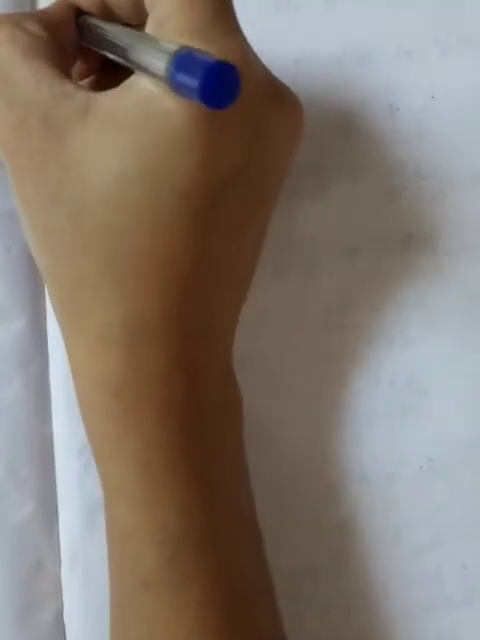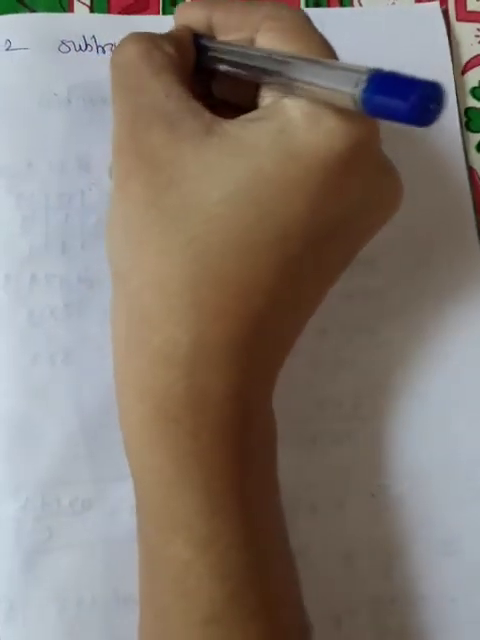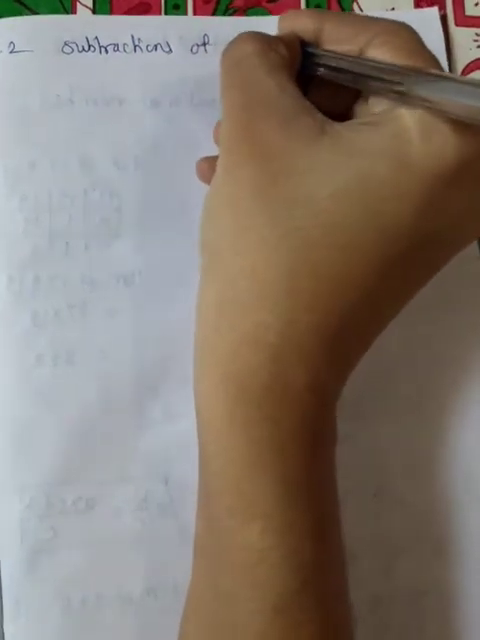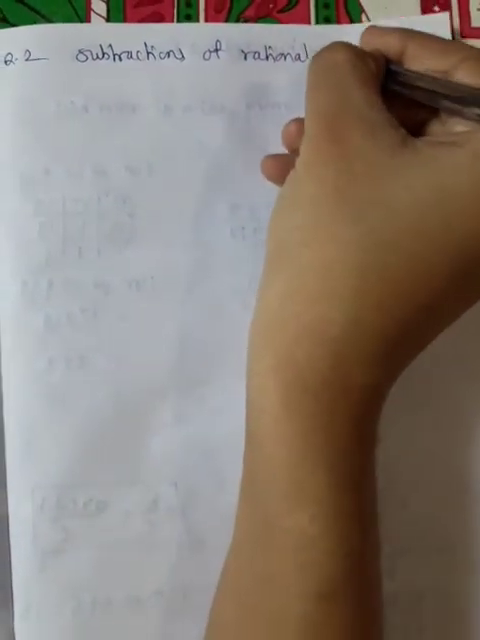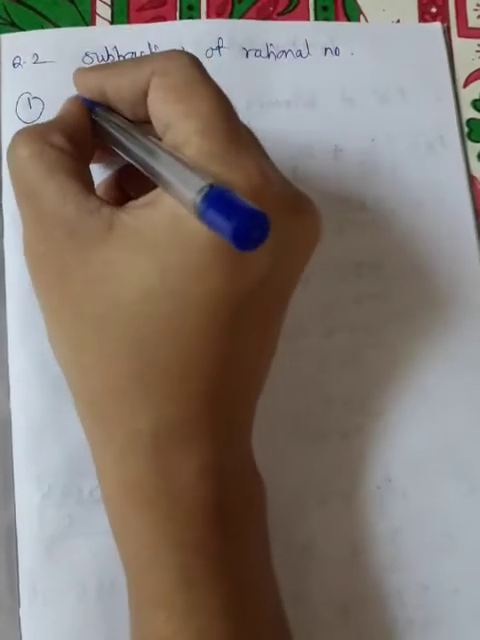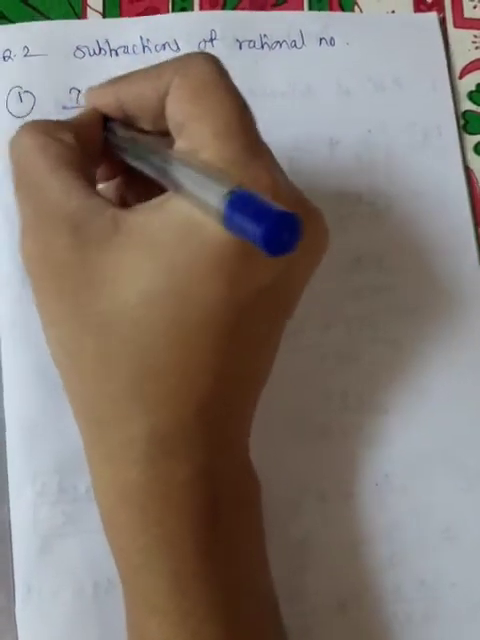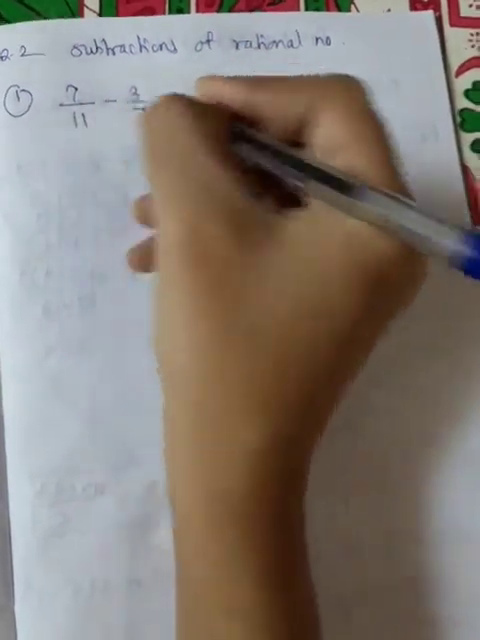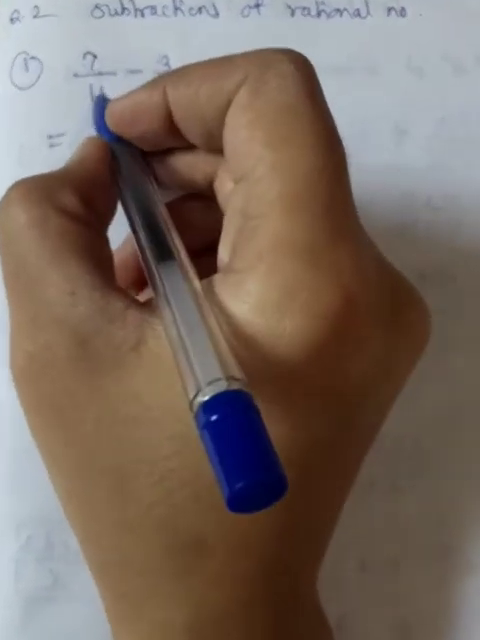Now question number 2 is do the subtraction of rational numbers. Example number 1 is 7 upon 11 minus 3 by 7. So we know whenever there are unlike fractions, and see here the denominators are not the same, so these are unlike fractions, and we know